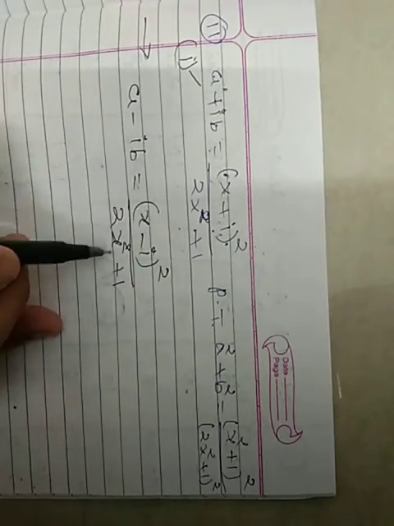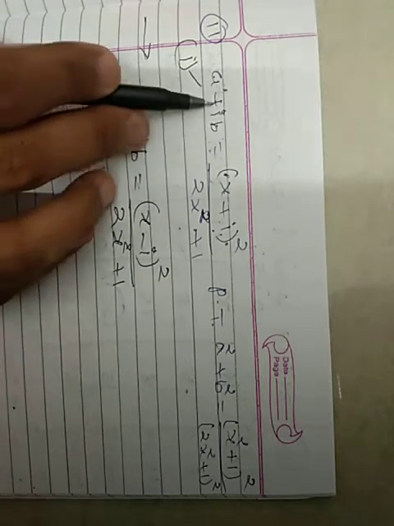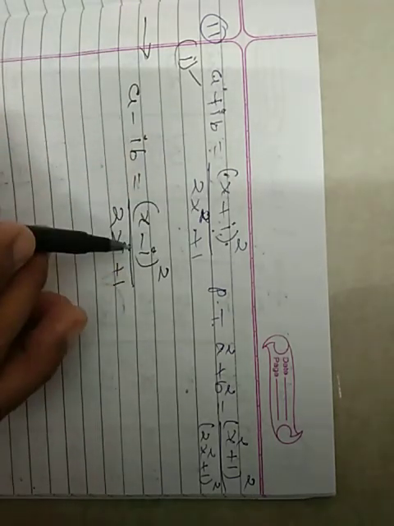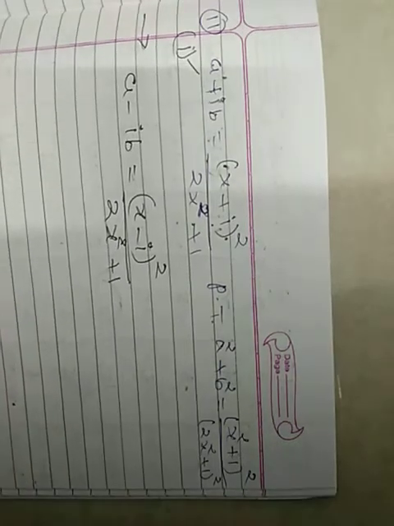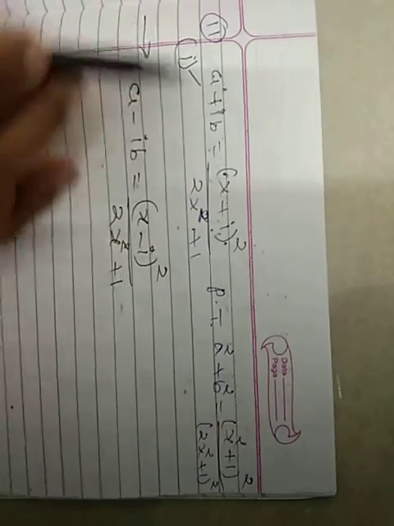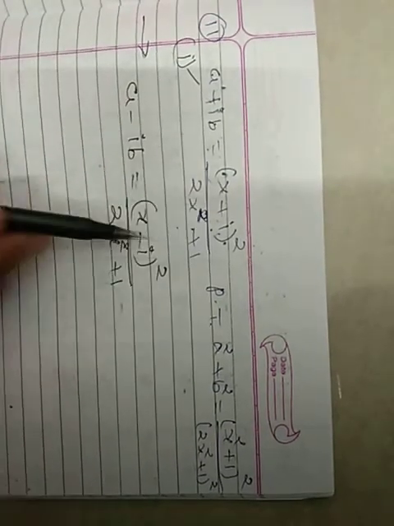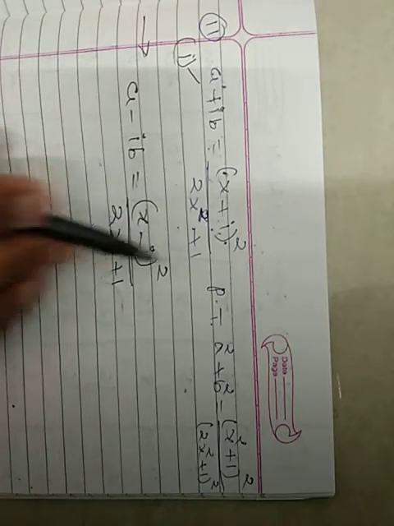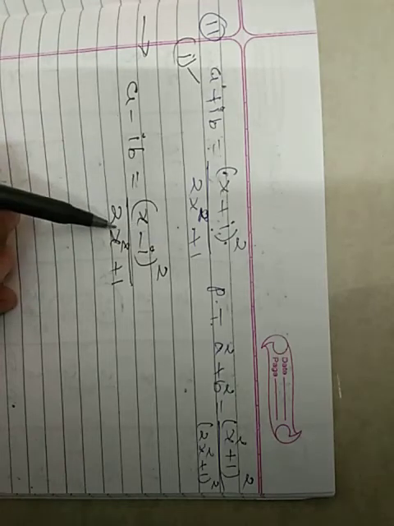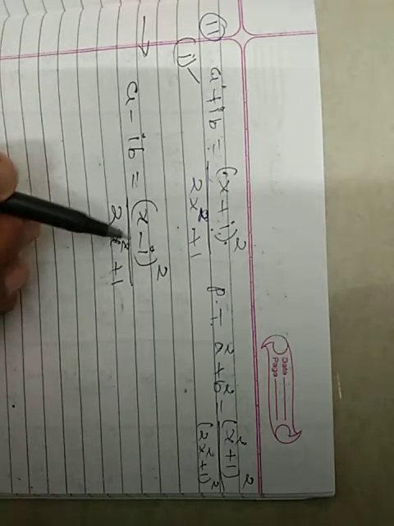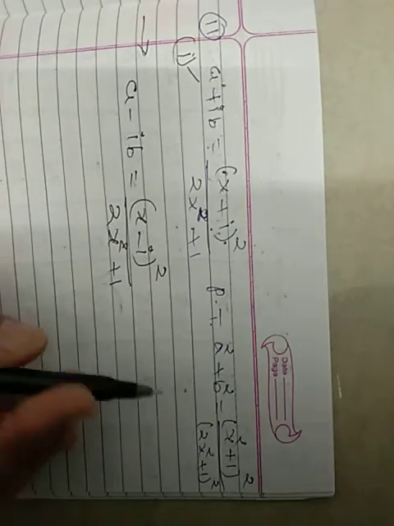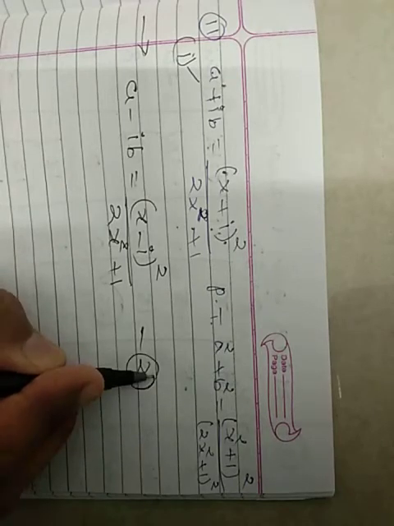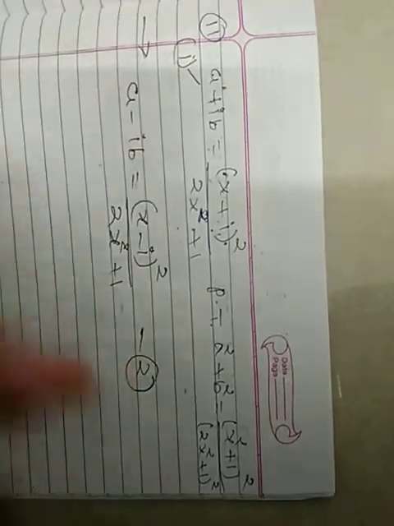This remains the same, because when a complex number is given, it has a certain conjugate. That's why this conjugate is this and this conjugate is this. But 2x square plus 1 is not associated with a complex number, that's why it remains the same. Say result number 2. Now the product of 1 and 2.